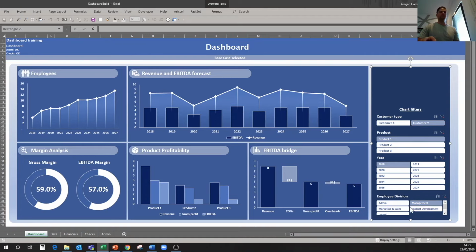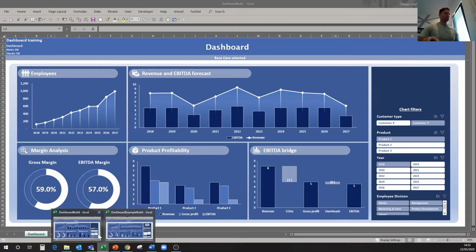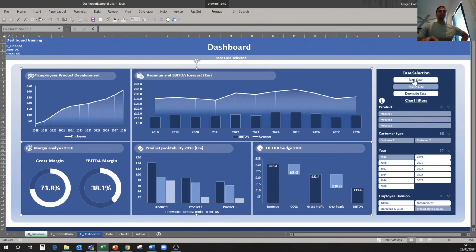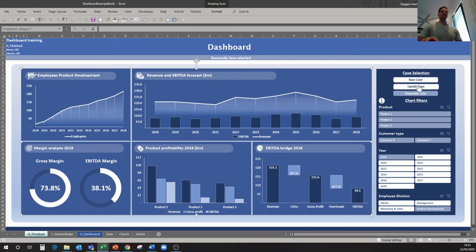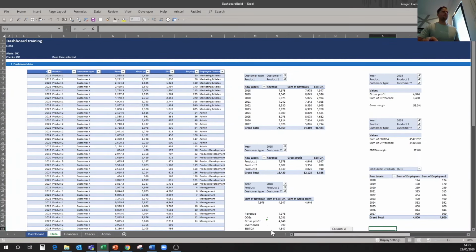And yeah, they're looking pretty good. So the next stage, if you want to be able to change by different scenario types, so if we come back to our other version, we had these buttons here that we could use to change different cases. So if you're building a financial model for a forecasting period, you may have a base case, an upside case, or a downside case. And you may want to be able to run all those different scenarios without having to go change them somewhere. So let's say within our model we had our data, and what I'm going to do